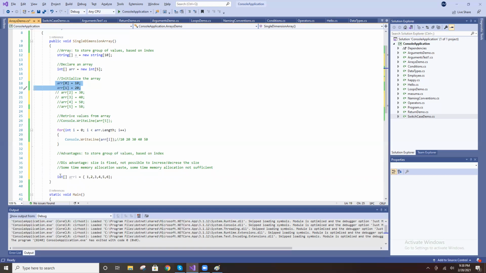But here, in only one line, array declaration and initialization are happening. This is one way.